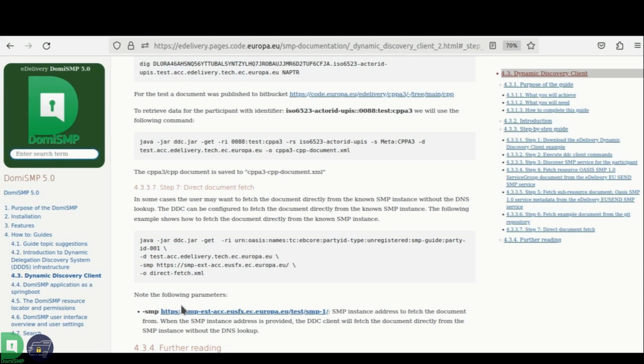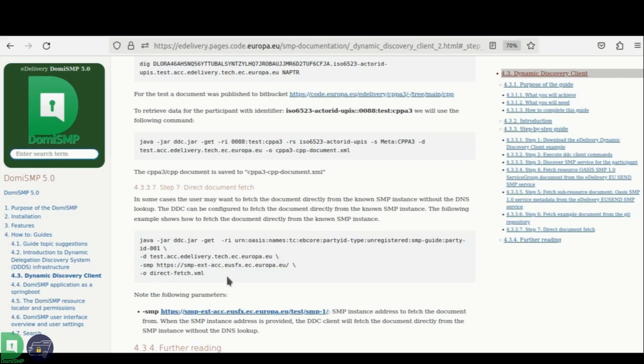We can do that by simply setting one option, called the SMP option, where we can put the URL address of the SMP instance directly. The dynamic discovery client will skip the DNS lookup in this case, and it will try to fetch the document directly from this SMP.